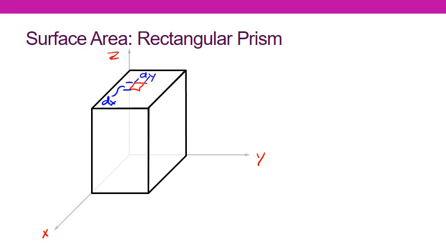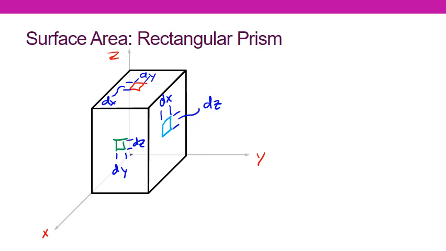If we went to this side, it would have a dz and a dy. And if we went to this other side, we would have a dx and a dz. And each of these would get an integral